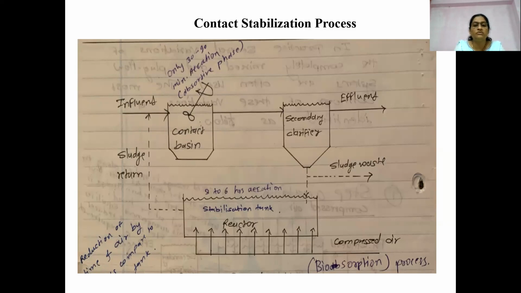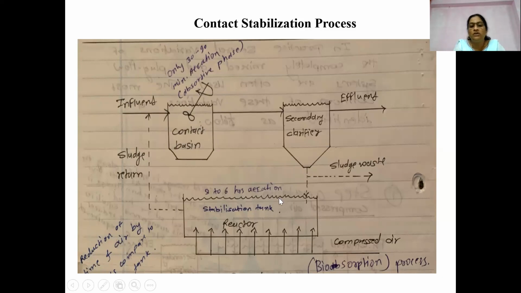But here what modification we did, this quantity is less. This quantity is already less, the returning sludge, and because of that we can provide less. You can take the example of preparation of food. If a small quantity of tea you want to prepare, it will take less time to get boil and complete dissolving and all these processes. But if the quantum is huge, it becomes more complicated. So after mixing it into the conventional tank and then providing aeration, that entire quantum is coming into picture for getting the oxygen.